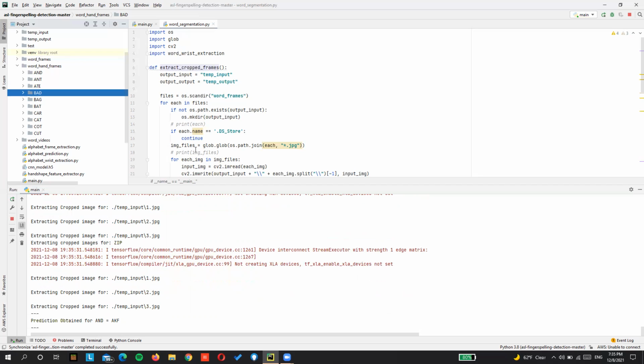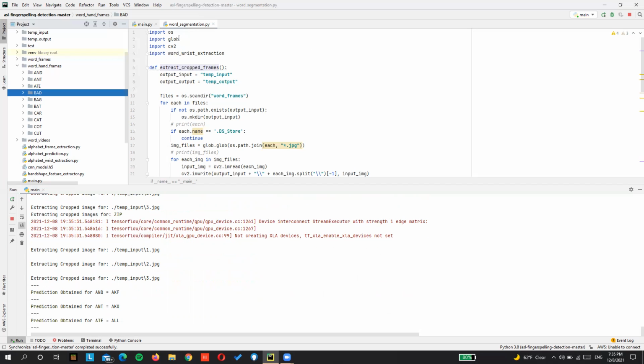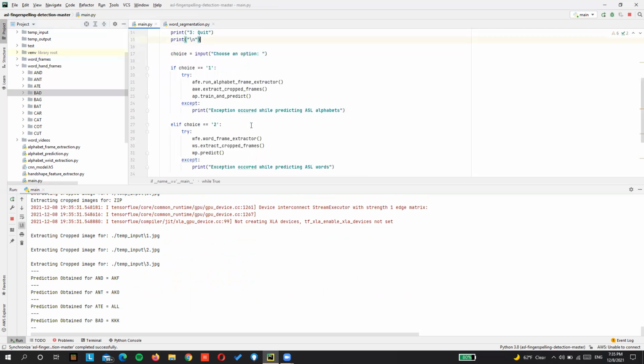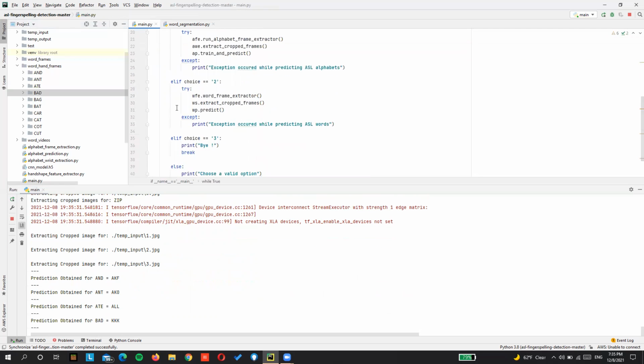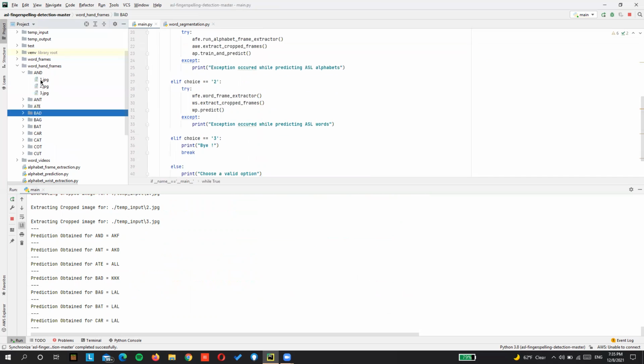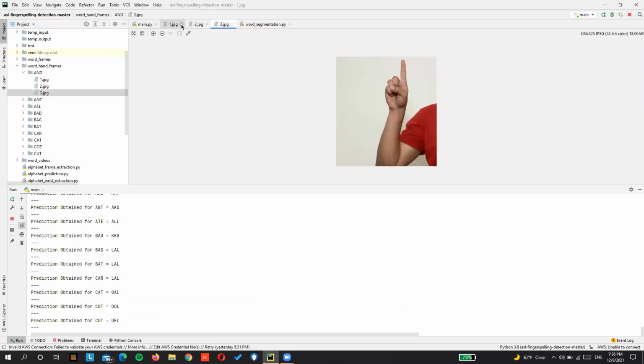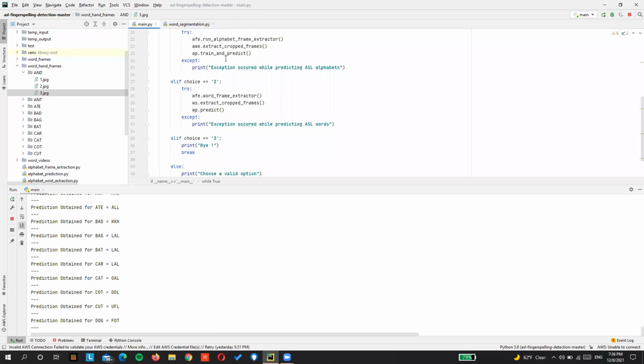Once that is done, as you can see right now, the prediction of each word starts, which is invoked from the main file. For the process of recombining the predictions, because the frames are already named as 1, 2 and 3, which follow the sequence of the frames, we don't really have to do much with the ordering of the words, but just had to combine the predictions that are already done.